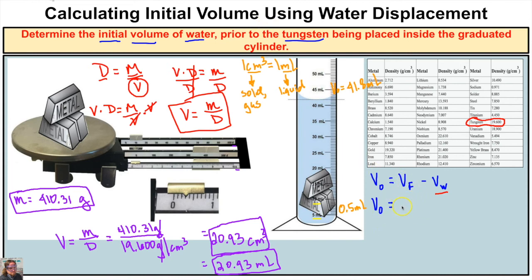So the final volume of our water that is in here is 41.8 milliliters minus the volume of our tungsten, right? The volume of our tungsten is 20.93 milliliters. And so the initial volume of the water that was in this graduated cylinder prior to us putting the metal in here was 20.9